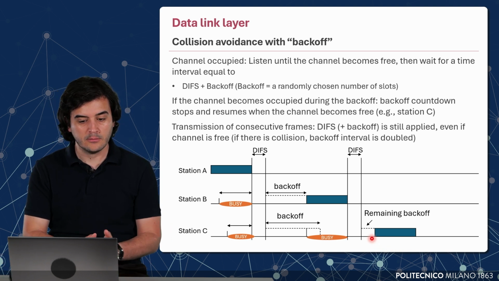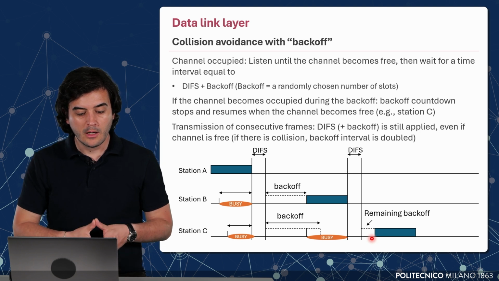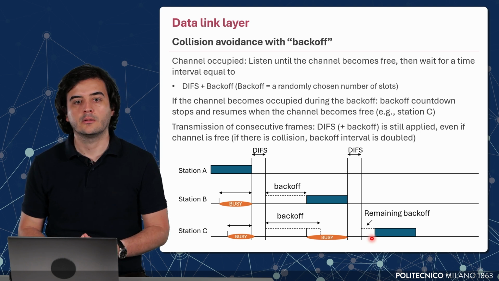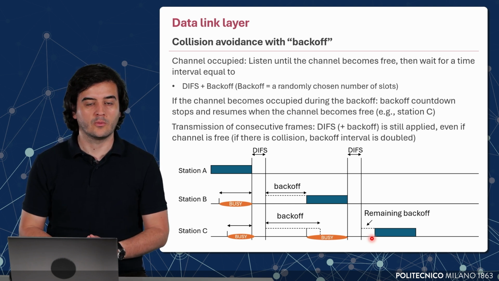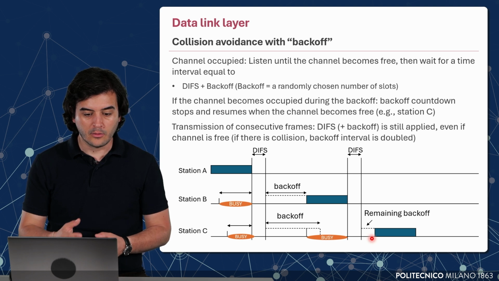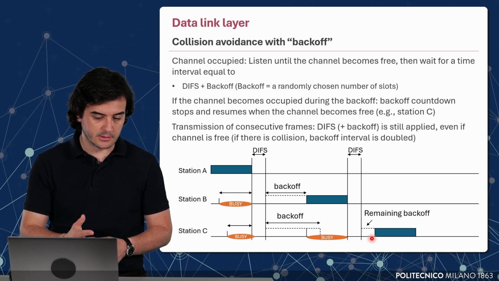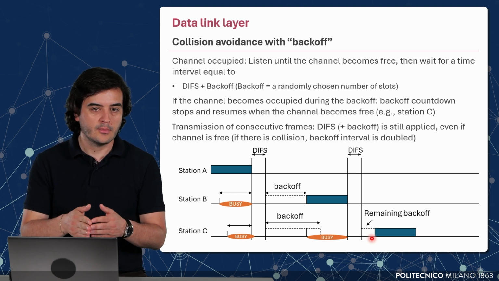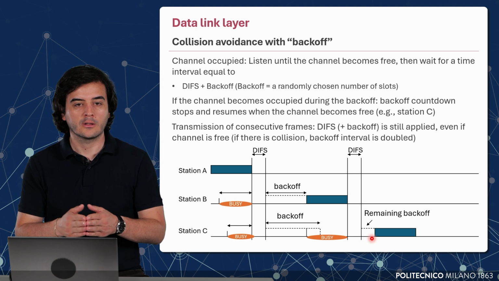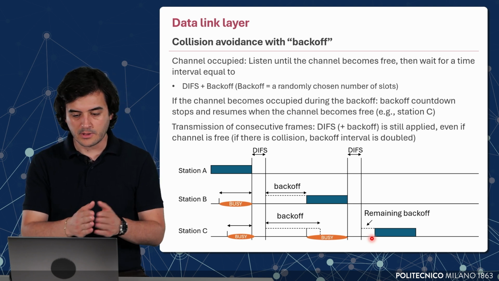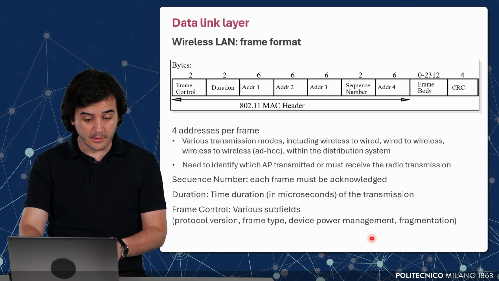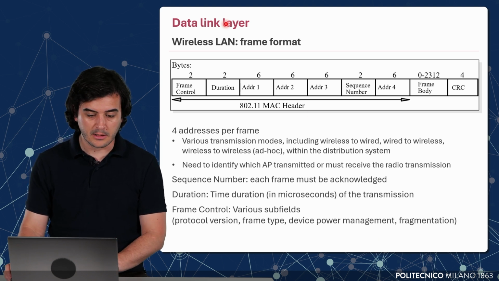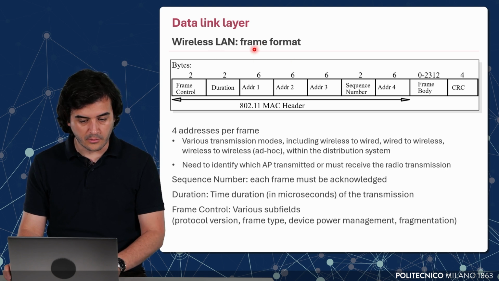So this mechanism of collision avoidance allows the use of the physical medium, for example in the case of wireless communication, in order to enable the different stations, as in this example station A, B, and C, not to transmit at the exact same time, hence avoiding the collision of information sent from one station and the other. In the same way we identified the frame format, since we are in the data link layer, we still refer to frames.